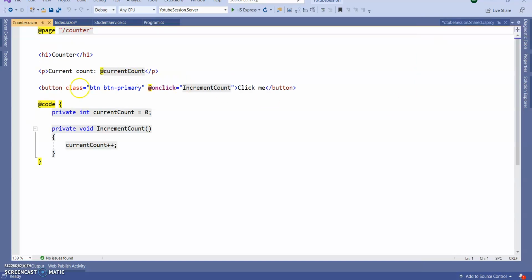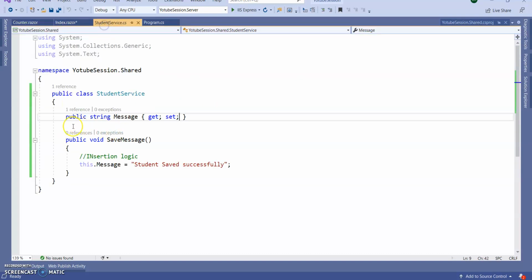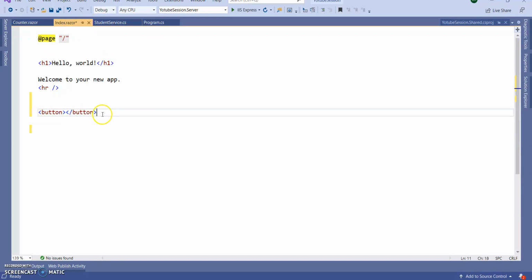You can go to Counter and copy paste the button code. In Counter you can see the onclick is calling the code directive method IncrementCount, but we are going to call the method we created inside our StudentService class. So go to Index.razor and copy paste this button. I don't need this one.